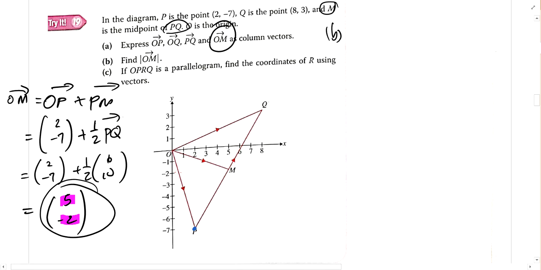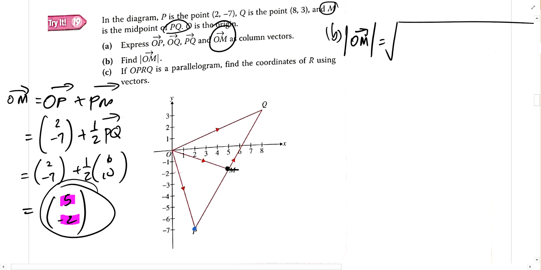What is the formula to use for the magnitude of OM? Pythagoras theorem. Okay, so how do we write it down? Magnitude OM. Nobody wants to spell magnitude of OM, right? So just use these short forms, but make sure you know what you're doing. So this must be given by square root of